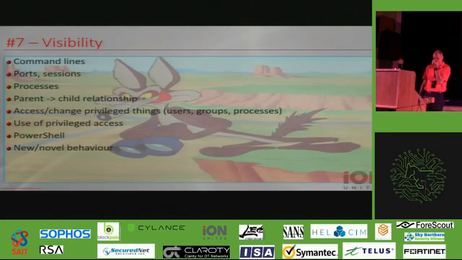So real quick, this is the one piece that you may need some outside tools for, particularly SIEM, but visibility. There's been lots of talk about this, so I won't go into it in massive depth, but command lines, ports and sessions, processes, parent-child relationship of processes, the accessing and changing of privileged things. There's one thing I want to point out there. The use of privileged access, PowerShell logging, as I said, new or novel behavior. Now we're getting into machine learning and all those fun buzzwords. But